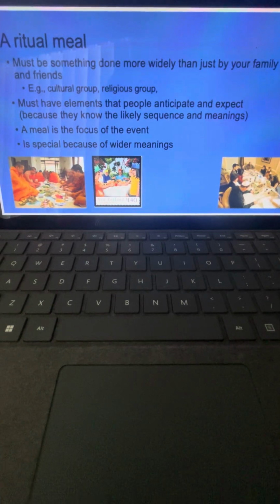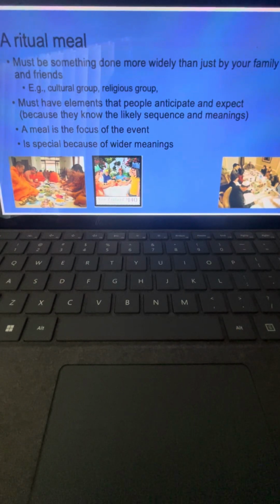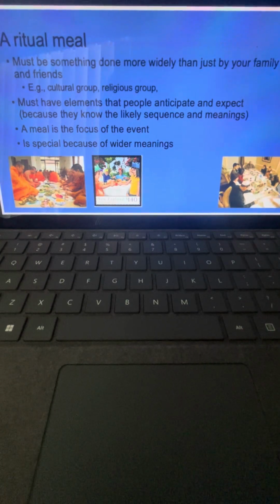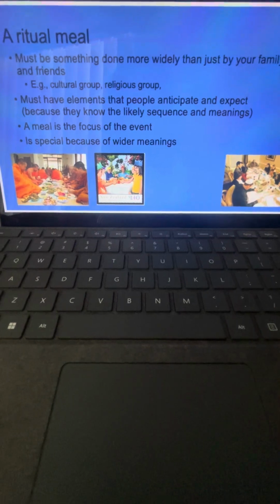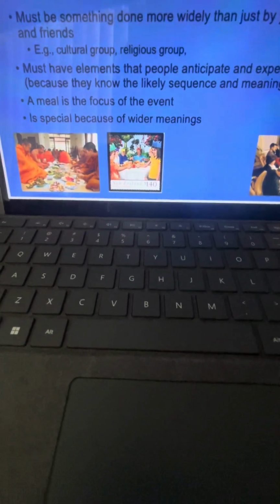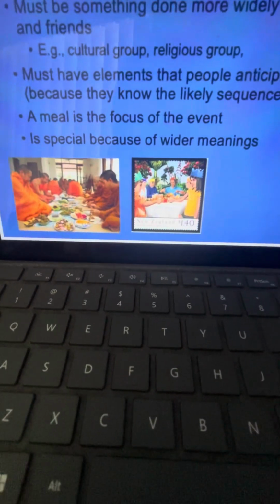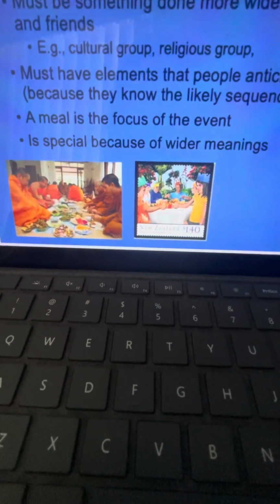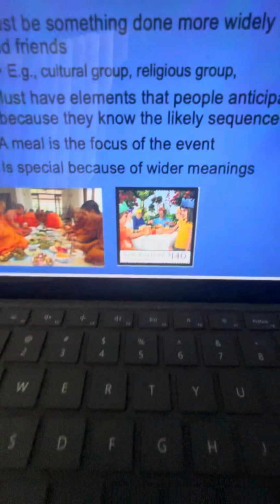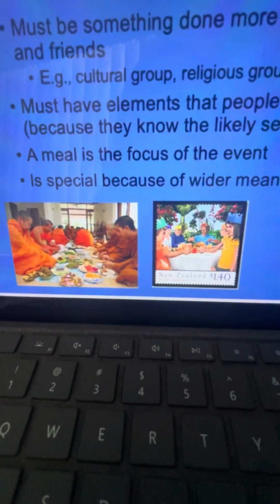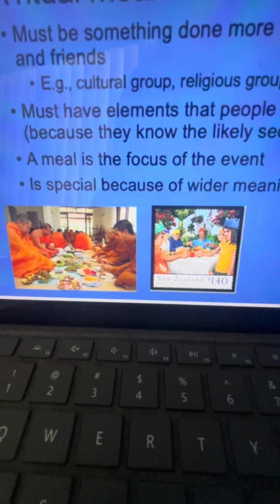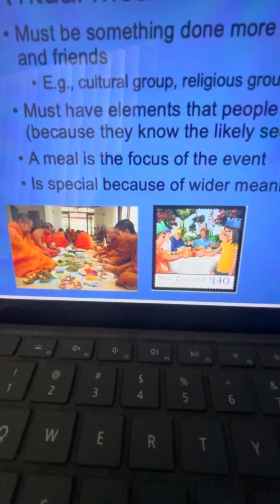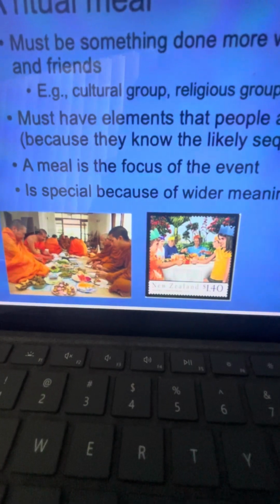And down the bottom, I have some examples of this. We have a Thai housewarming, which has a very particular set of rituals around it, which includes preparing and serving foods to monks. We have in the middle a Christmas lunch in New Zealand that is sufficiently recognised as an event to be able to put it as a picture on a postage stamp and people understand it. And one of the things in this case that makes it a Christmas lunch versus any other celebration is the hats that people are wearing that come out of the Christmas crackers that people break at the table, a long-standing tradition that was brought to New Zealand from England.